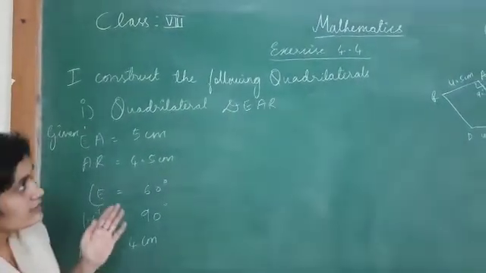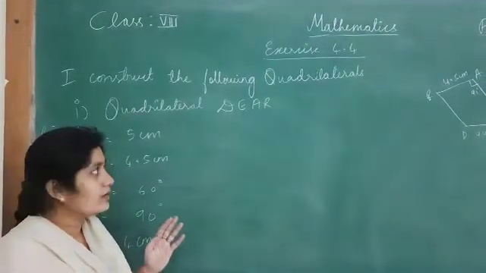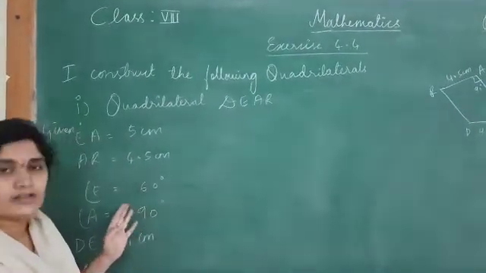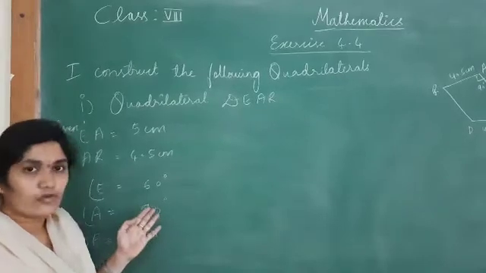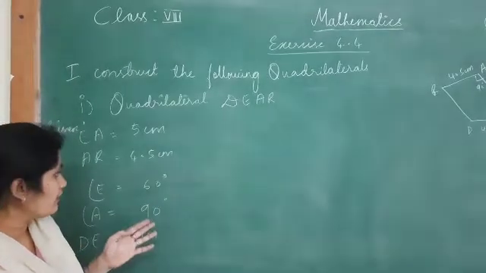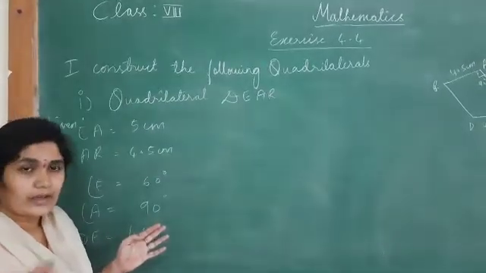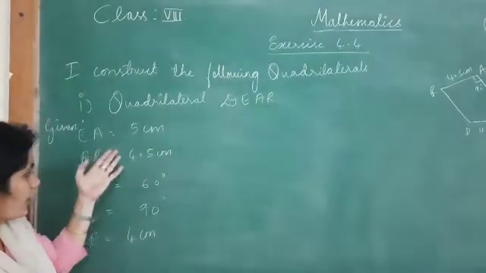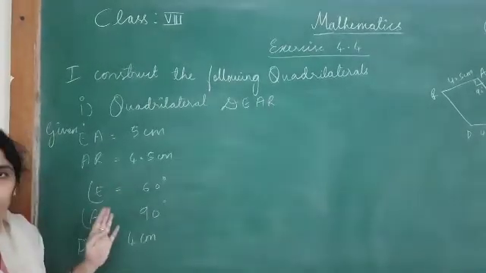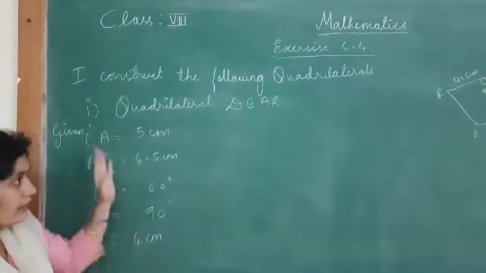In each exercise we have learned with different data. The data is given differently. In some of the exercises there were 4 sides and 1 diagonal. In one exercise there were 2 angles and 3 sides, and here you have 3 sides and 2 angles. Here there is no diagonal given.